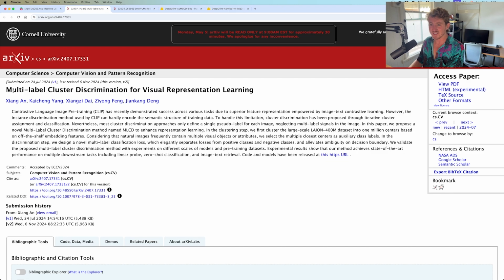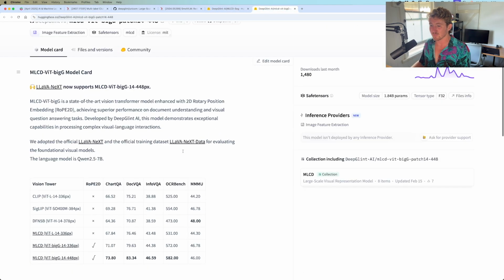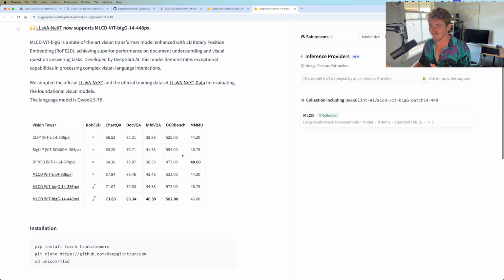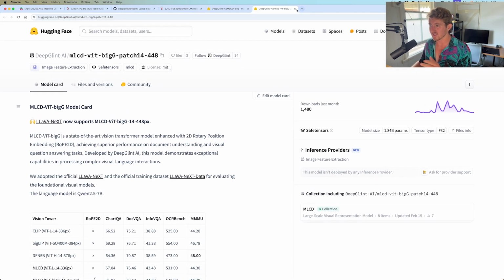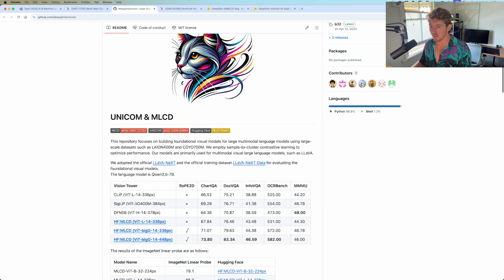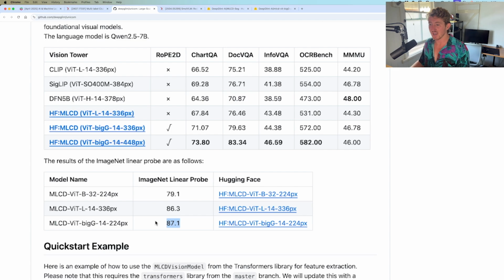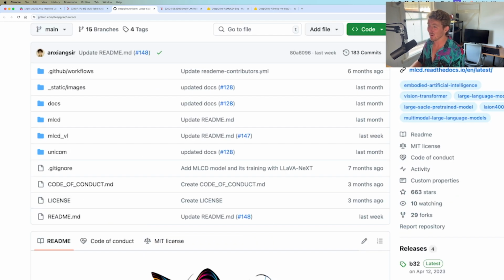And then up next is multi-label cluster discrimination for visual representation learning. I just found this paper really cool because one, the code and models are open source, and two, it's actually one of the best performing models on ImageNet zero shot that kind of goes hidden. So you can find there's a GitHub repo here. Yeah, there we go. If we have ImageNet linear probe,